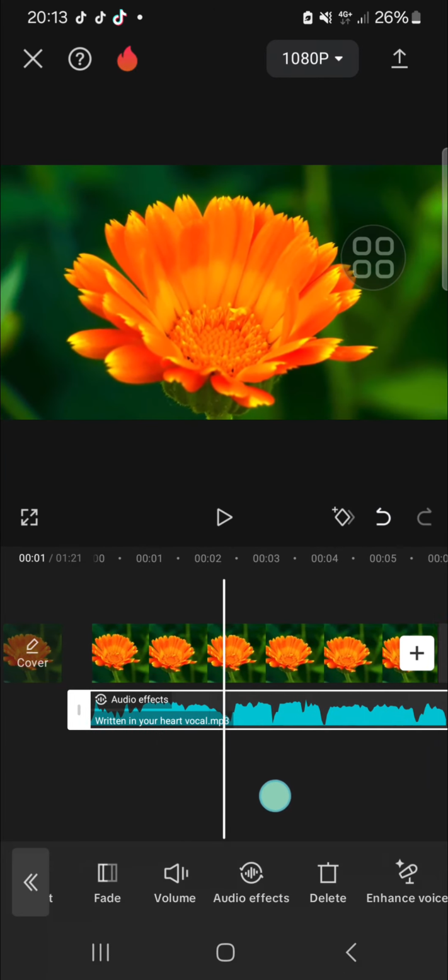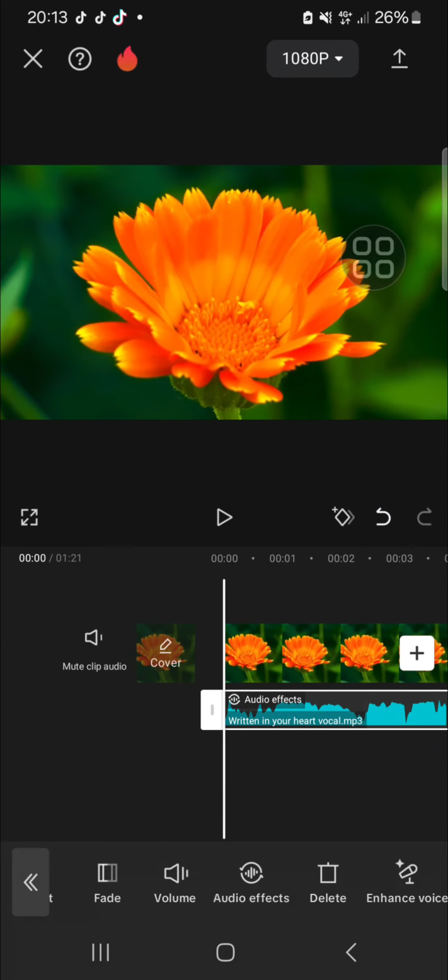on this check mark. Alright guys, and that's how we can make our audio sound muffled in CapCut, or how to add muffled effect to our audio in